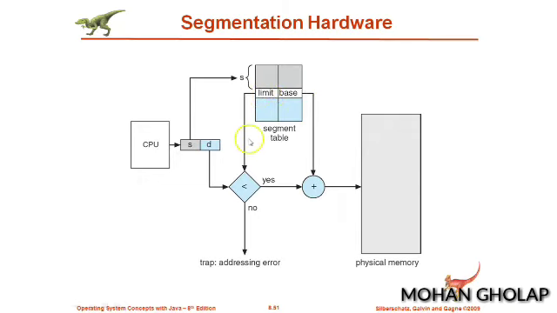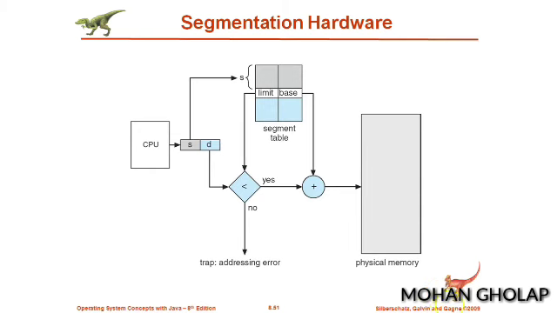This limit is also used to check whether the request that comes is in the accepted range or whether there is a trap. If it is not a trap, then only it will move to the next step, that is the relocation register, as we saw in the previous discussion. With the help of this base and the limit, after adding, the corresponding memory block will be identified in the physical memory. In this way the address translation takes place from the logical address to the physical address.